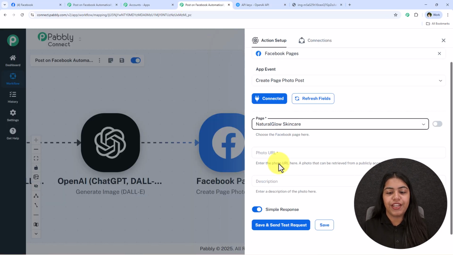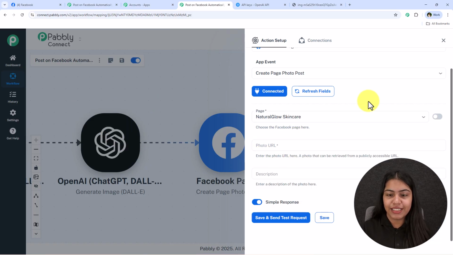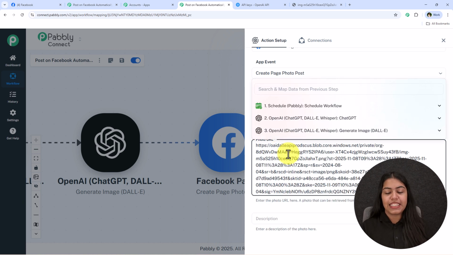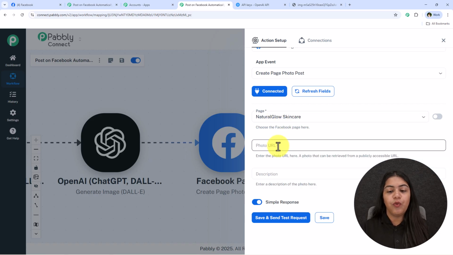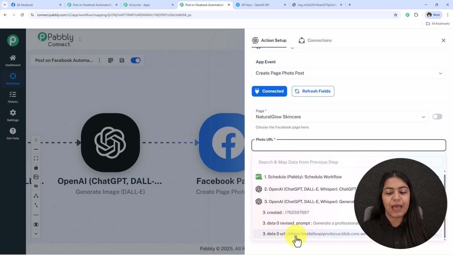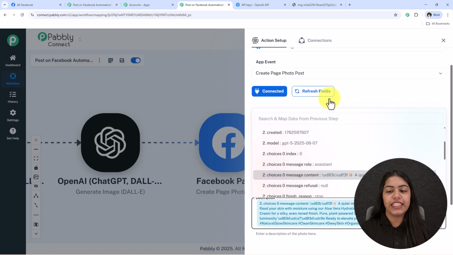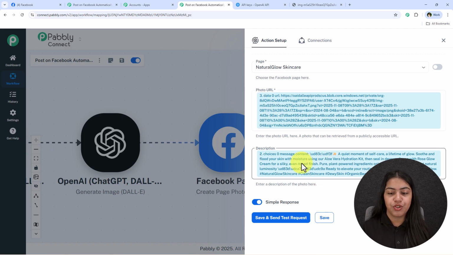After selecting the page, it is asking me for the photo URL and the description. So yes, we have generated the photo and the description, so simply enter that. But we are not going to enter it manually by pasting the URL like this, but instead we are going to map it. So you must be wondering what is mapping. So mapping is a method by Pabbly which means inserting the data from the previous step. And when we insert the data from the previous step, automatically our data becomes dynamic and changes with every new response received. So that's the reason why we do mapping, so that this photo URL and description can change with